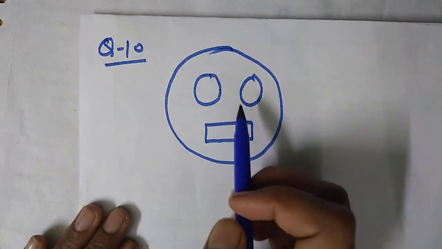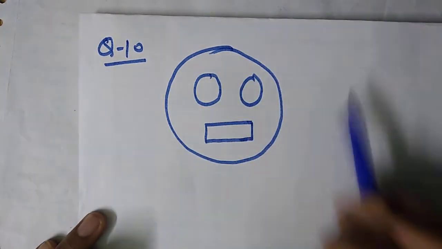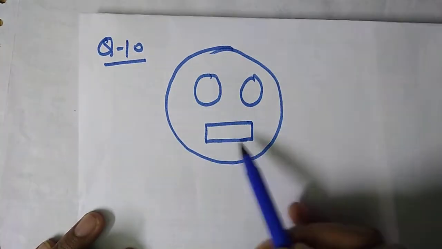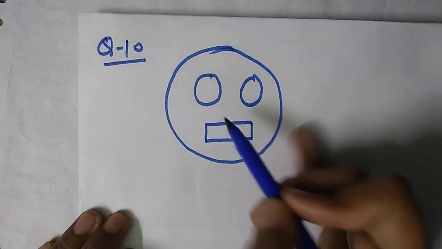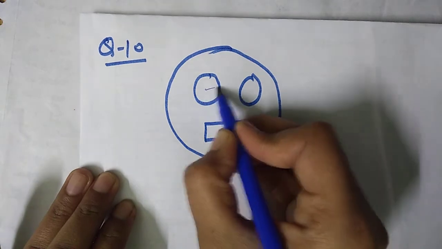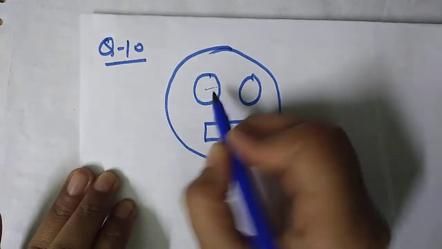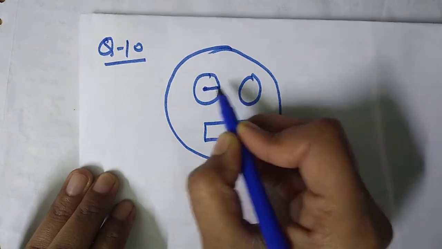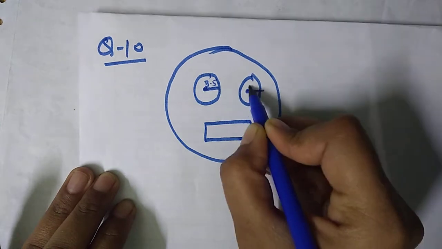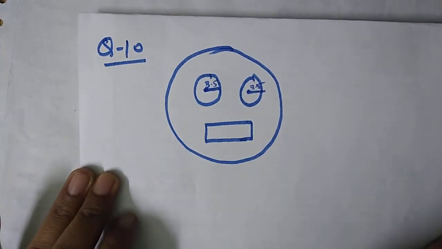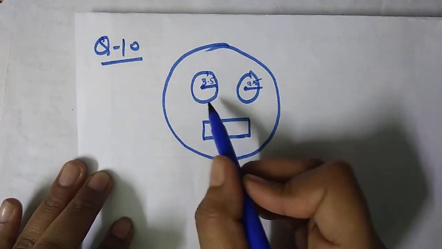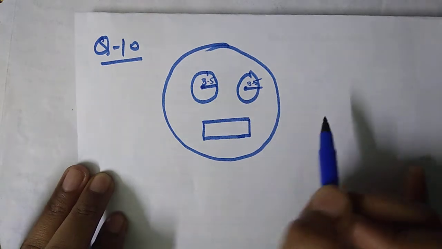So students, question number 10 you are having is, from a circular sheet of radius 14 centimeter. This is a circular sheet and its radius is 14 centimeter. Two circles of radius 3.5 centimeter. It means this is also a circle and this is also a circle, and they are equal because they are having equal radius. If the radius of two circles are same, it means they are equal, or you can say congruent. So this is 3.5. This is 3.5.